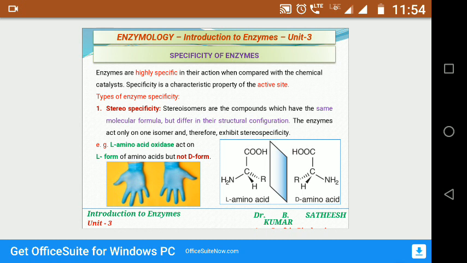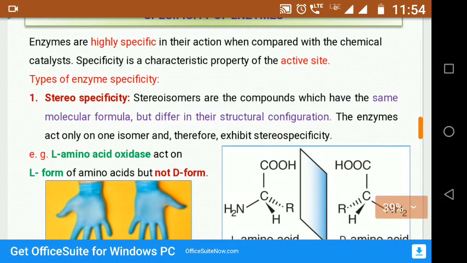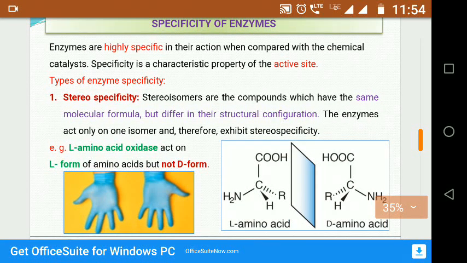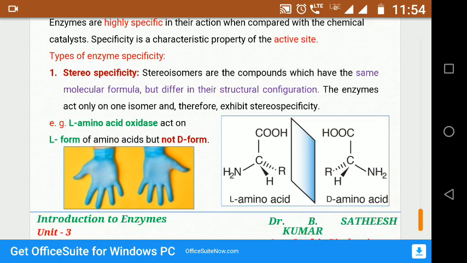The active site is formed in such a way and interacts in such a way that only that particular substrate binds to that active site. So the active site is very important for the specificity of the enzyme. So when we look at different types of specificity of different enzymes,